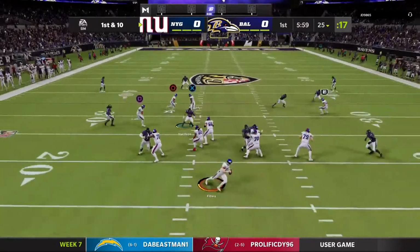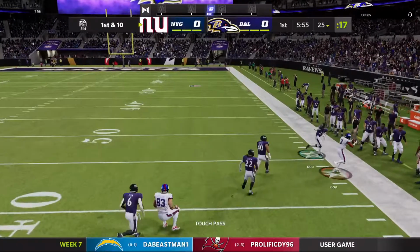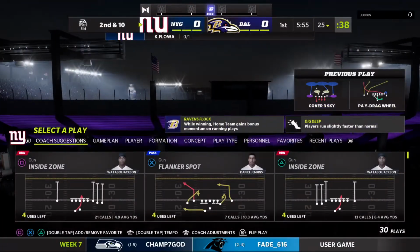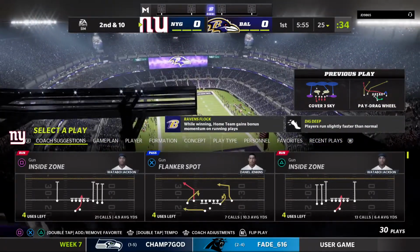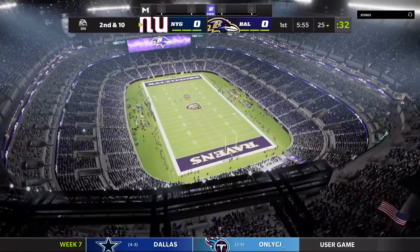They go play action here on first down. And that is caught on the right sideline, but out of bounds, says the line judge. The throw took him a little too far. It's second down. Well, this defense for the Ravens, they were quite formidable in the win over Philly a week